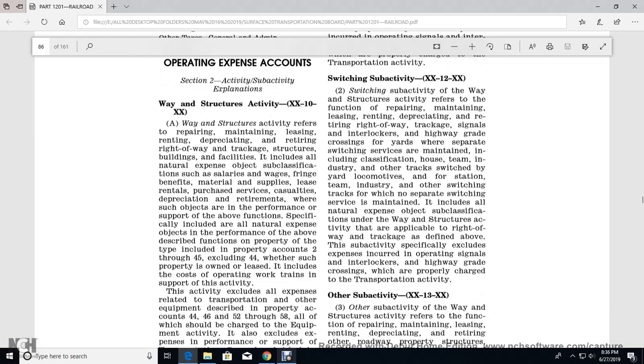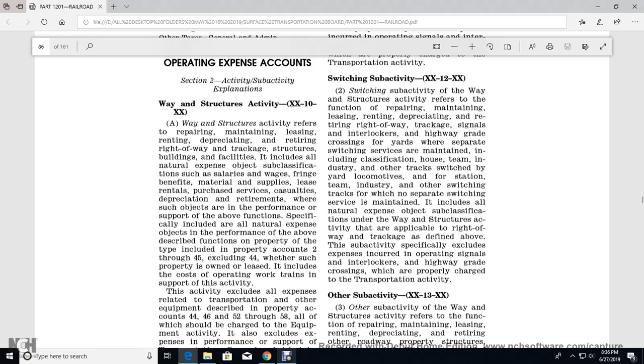way of the track structure for the building of the facility. It includes all of the natural expense of the object of this classification: salaries, wages, fringe benefits, material supply, lease, rental, purchase of casualty, depreciation, retirements, where such objects are in performance support of all of the above function. Specification includes all the natural expense of the object with the performance of the above described function